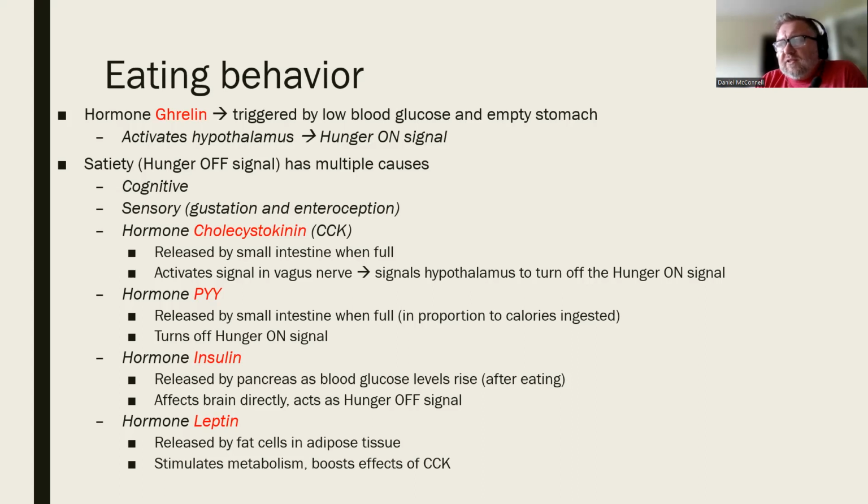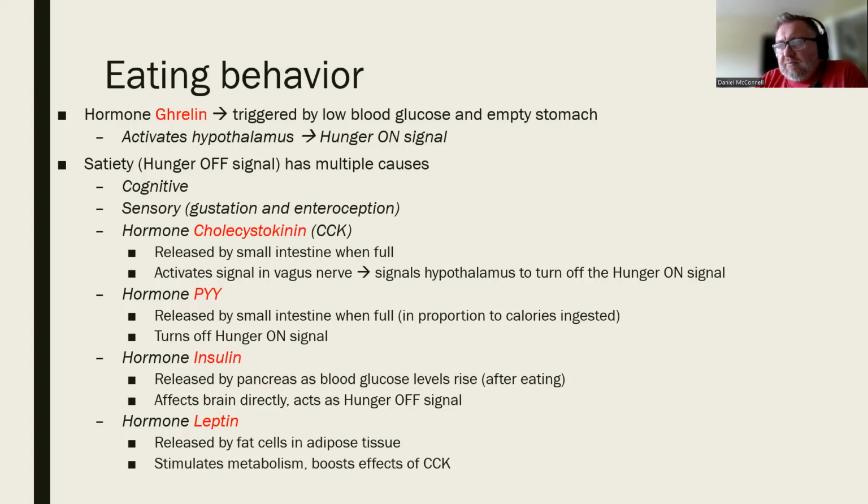So what's happening here, though, is as the blood sugar level rises, and that's a very gradual thing over the course of after we're eating and slowly digesting the meal, then gradually insulin rises, and over the course of several minutes to even 30 minutes or more, insulin levels continue to rise, and that then eventually deactivates that hunger signal, and we get that hunger off signal from, in particular, the VMH in this case, right? This is directly affecting the VMH to stimulate that hunger off part of the brain.